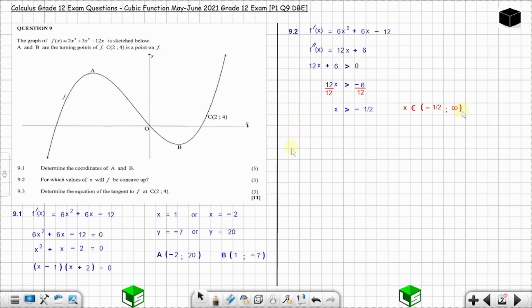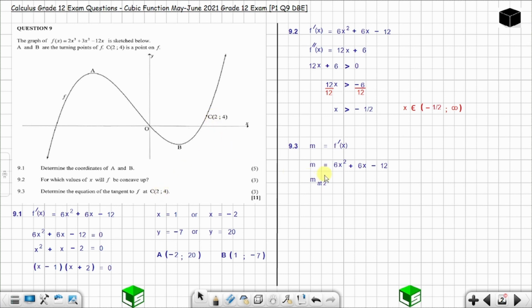Okay, now it's question 9.3. Determine the equation of the tangent to f at point C. These are the coordinates of point C. The question is 3 marks. This is what you have to remember: the gradient of the tangent to this curve is equal to the first derivative. So the gradient of the tangent is equal to the first derivative. You have the first derivative. Now to find the gradient at point 2, because x is equal to 2,